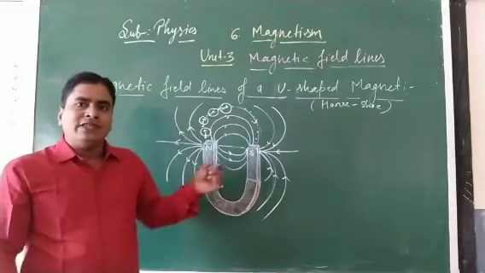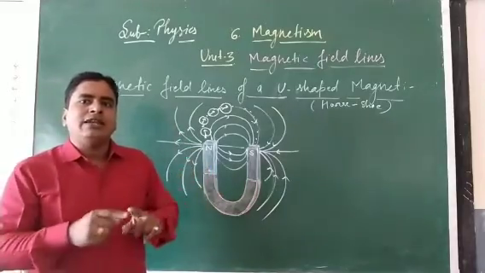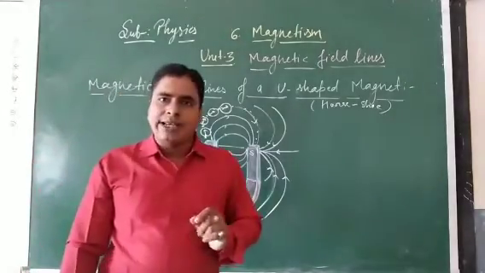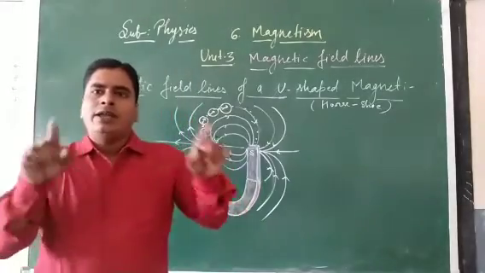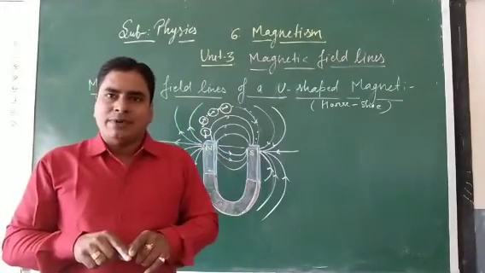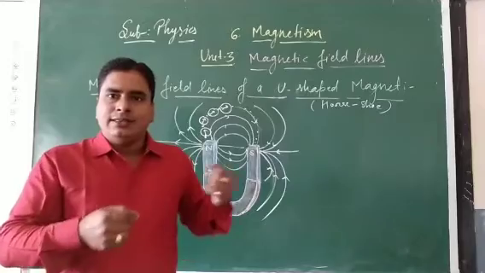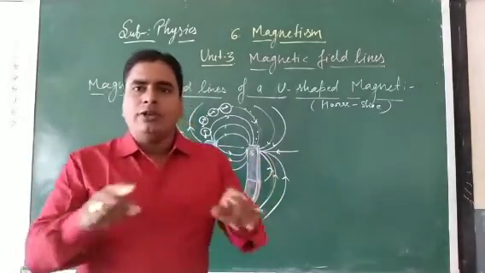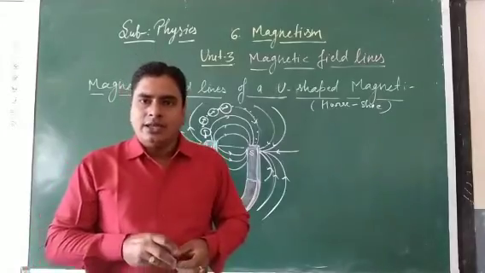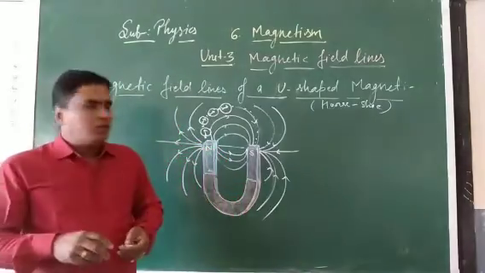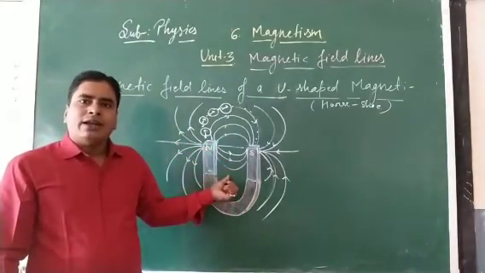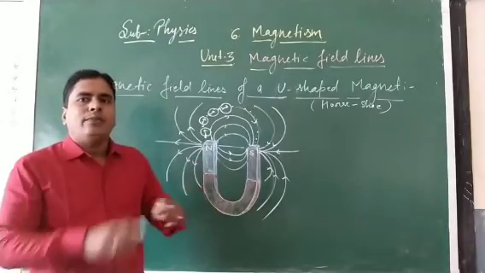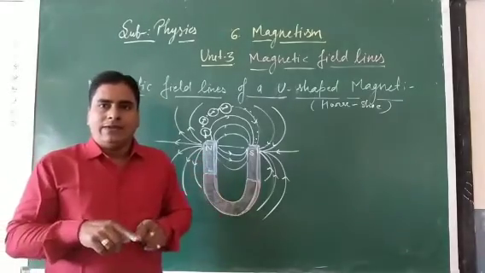Now we can see the practical view of these magnetic field lines, how we can draw the magnetic field lines of a horseshoe magnet using the compass method on a plain A4 size paper. We will see these field lines by a practical view on a plain paper. Clear, students? You can understand this point easily and better by an activity.